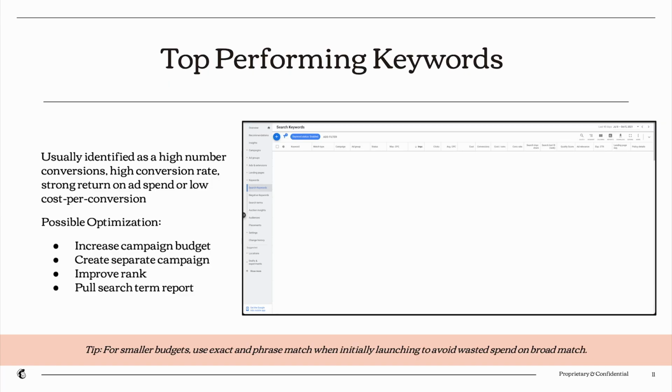After you've done that, another option could be improving your rank. You're potentially having issues with your quality score, so you want to look at your expected click-through rate, your ad relevance, and your landing page experience. Are any of those average or below average? If so, you might find that it's worthwhile to do, say, an ad copy test. That way you can improve your expected click-through rate and potentially your ad relevance by having a different variation that performs stronger for you.